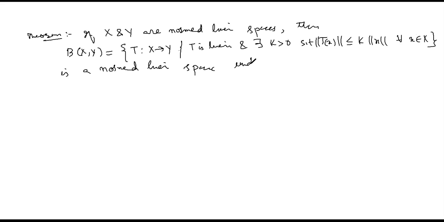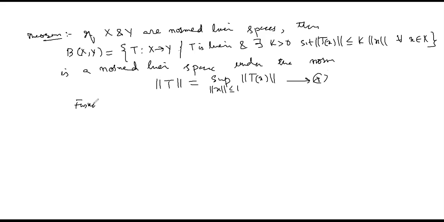Under the norm, norm of t is equal to supremum over the closed unit ball of the norm of tx. Let's call it star. Further, if y is complete, y is a Banach space, so is bxy. ठीक है,